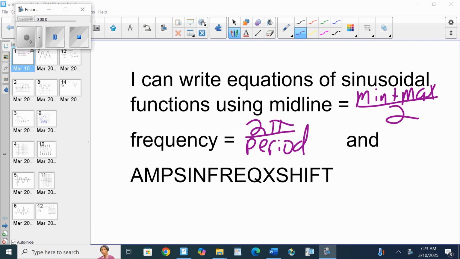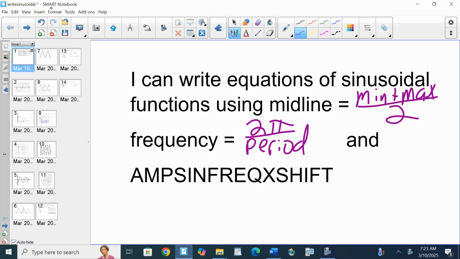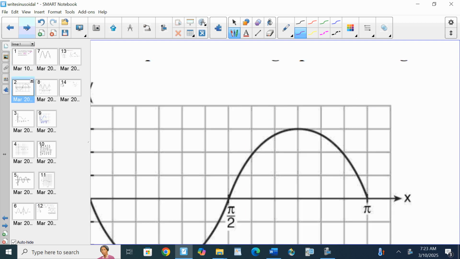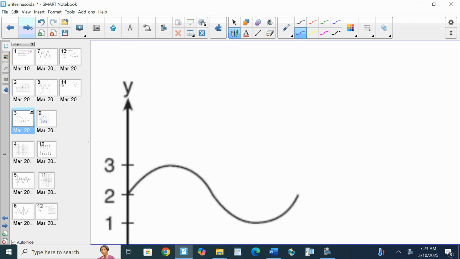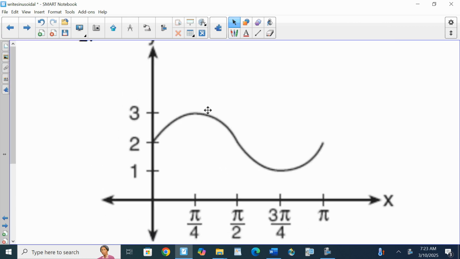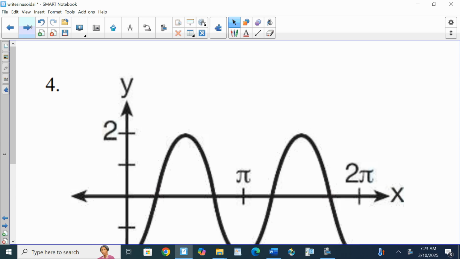Hello everybody, I can write equations of sinusoidal functions using midline equals min plus max over 2, frequency equals 2 pi over the period, and amp sine freq x shift. Let's go through a couple of examples here, and then we will be done, and you can practice. Here, let's do